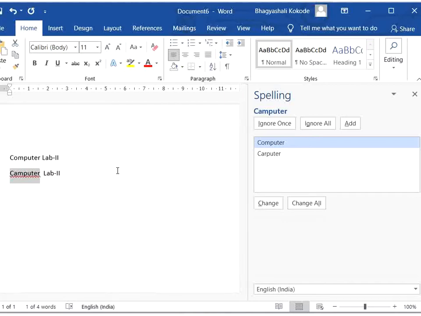Whichever document you are creating, whenever you want to check the spelling and grammar, you just have to press F7. So these are all the general program shortcut keys that we use in a general Microsoft Word document.